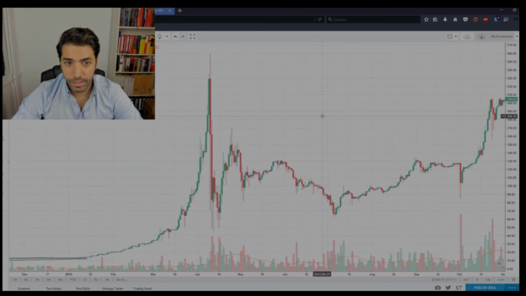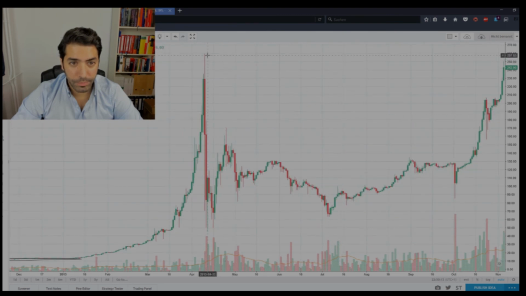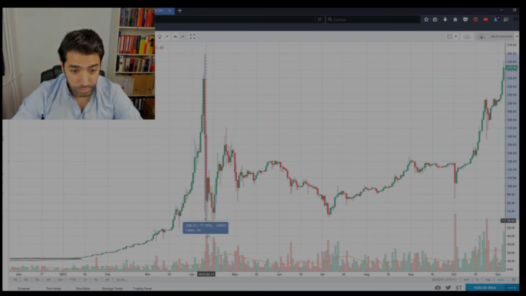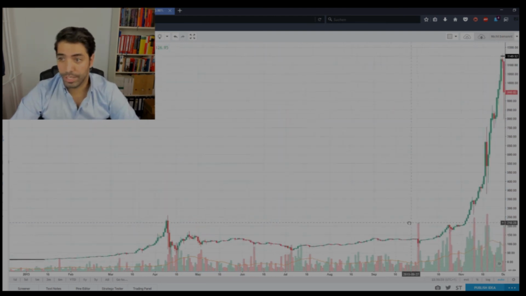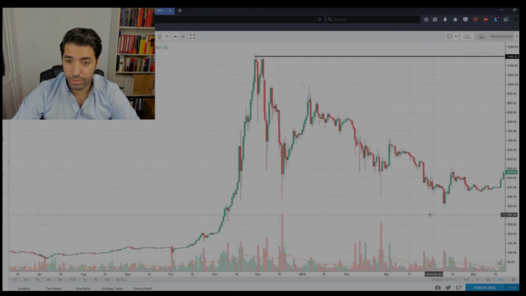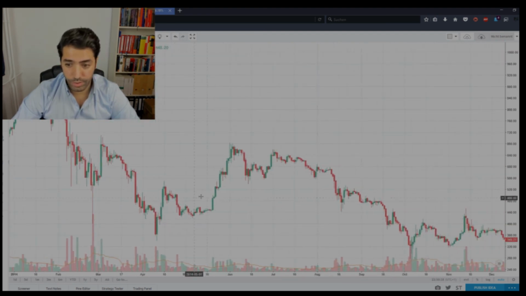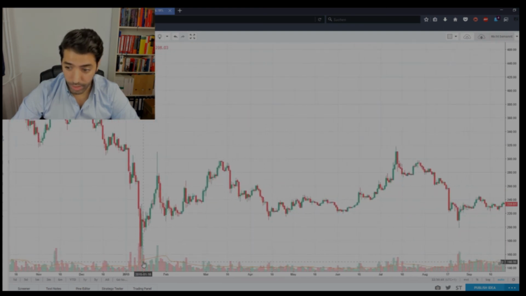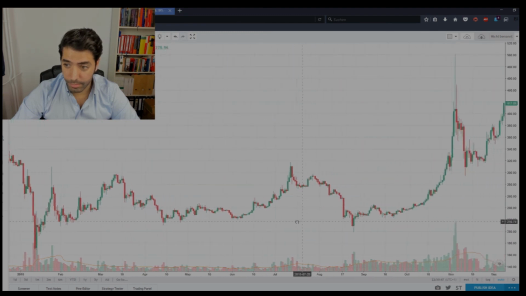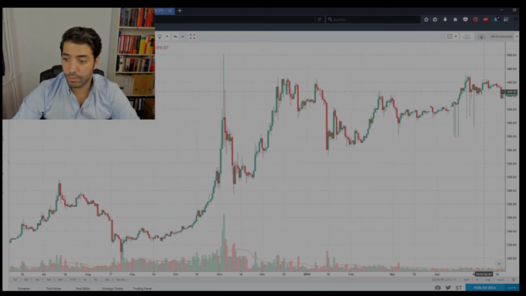But as I'm scrolling to the right side again, look here, we came down from 260 to almost 50, which is roundabout 80%. But you see, the price went up again, huge, crashed, consolidated, went down again, all the way down to 160. But then look where we are right now.